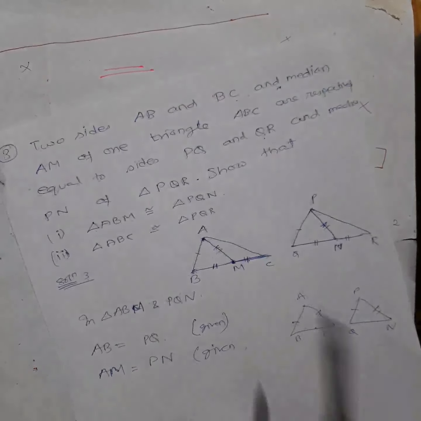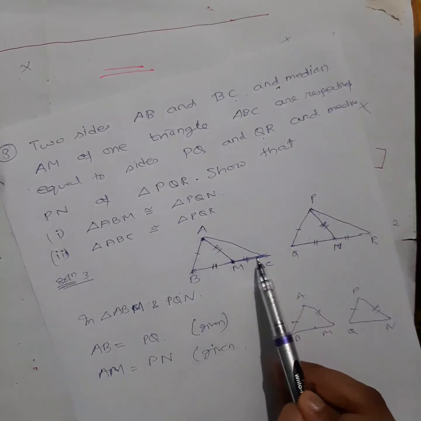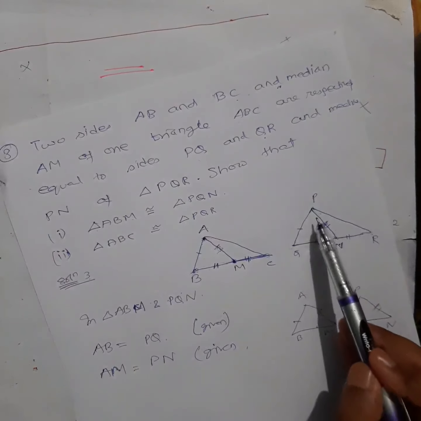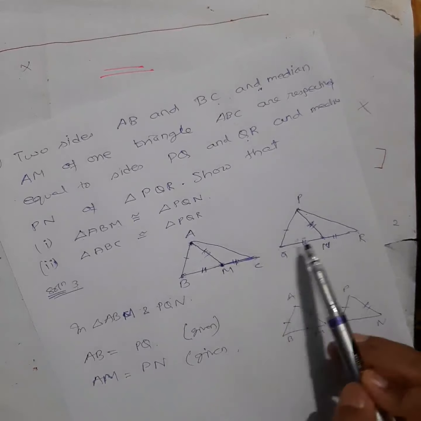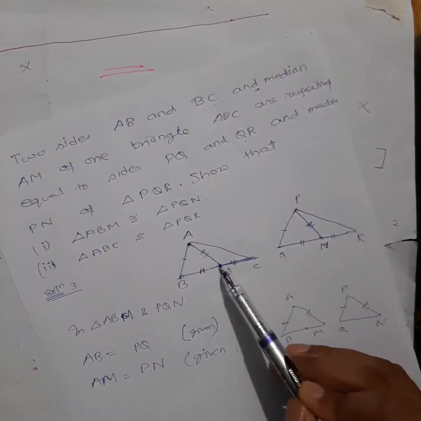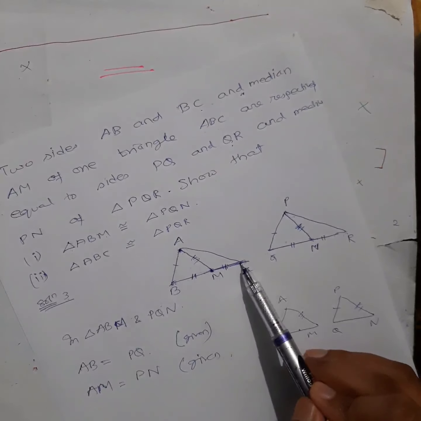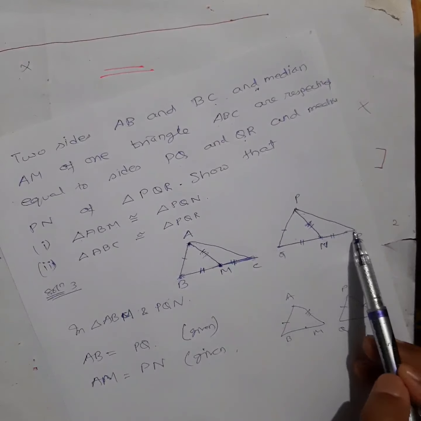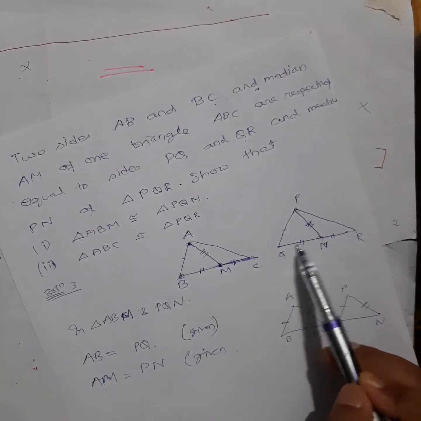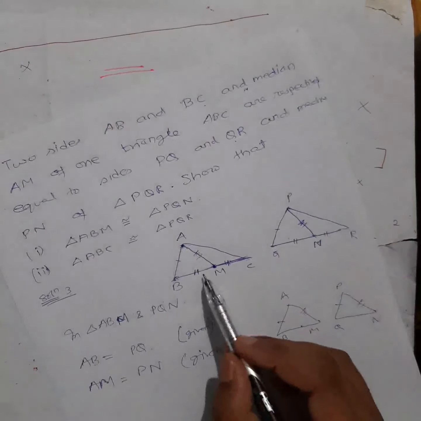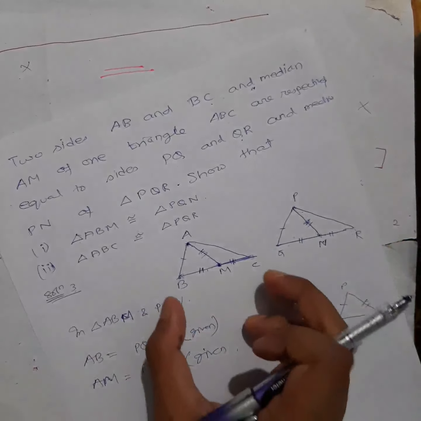How is this equal? You can see again, I repeat, they have given BC is equal to QR, and they have also given this is median, this is median. So this is the midpoint of this line, this is the midpoint. So through numbers you try to understand. This is 6 centimeter, suppose, then this also will be 6 centimeter. If this is the midpoint, this will be how much? 3 centimeter. Here also this is the midpoint, this will be how much? Obviously 3 centimeter. So they also will be equal. So see how I'll write it down. This is equal to this.